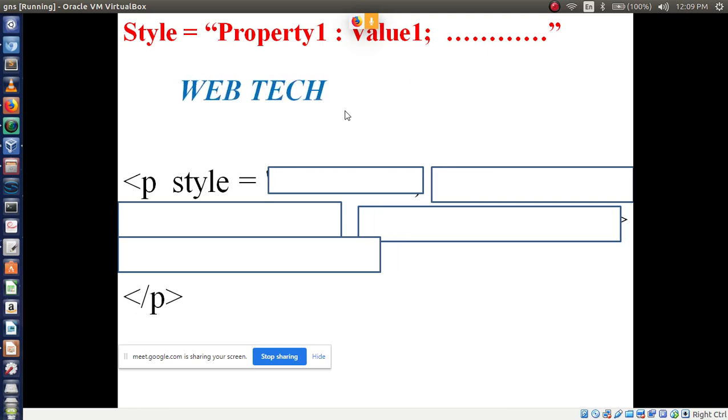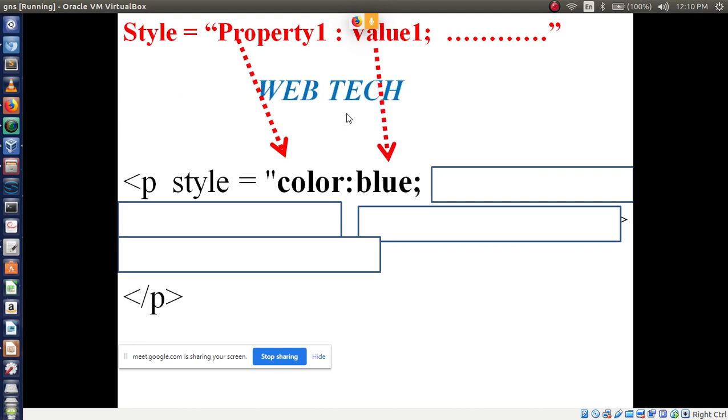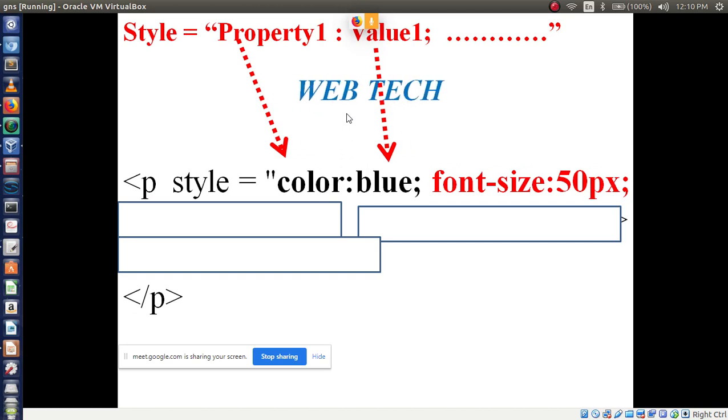First I am using color. Color is a property, and the value is blue, it is displaying in blue color, right? So property 1 is color, the value is blue. Then the next one I can use is font size.